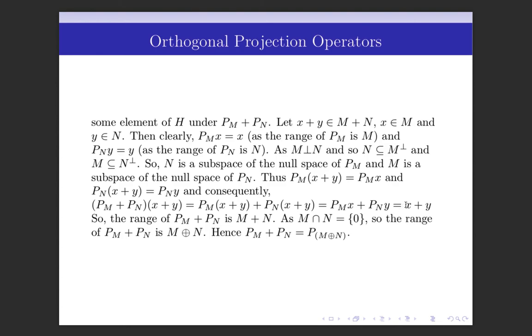So we have shown that the image of any element of M plus N is the image of that element under Pm plus Pn. So the range of Pm plus Pn is M plus N. As M intersection N is the singleton 0, the range of Pm plus Pn is the direct sum of